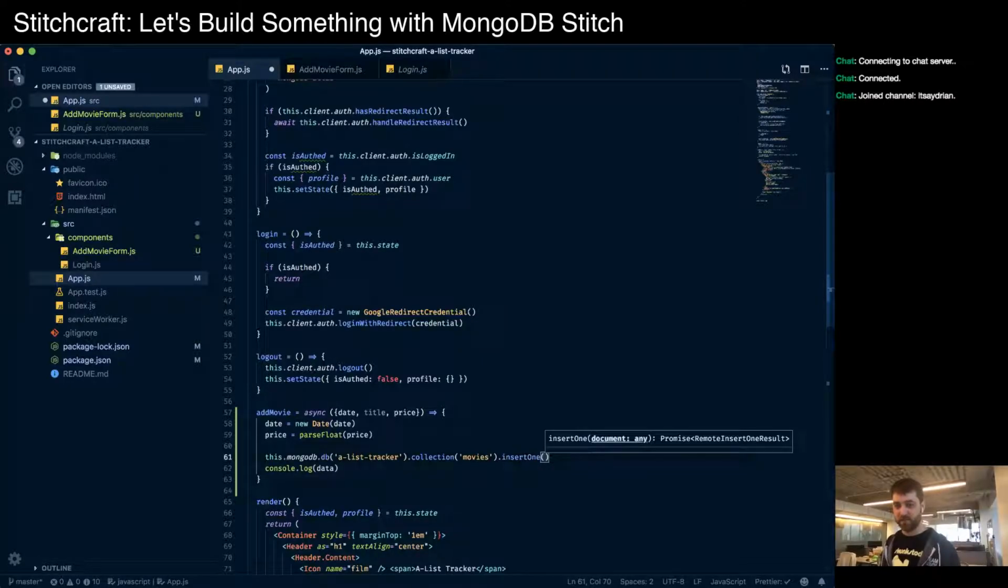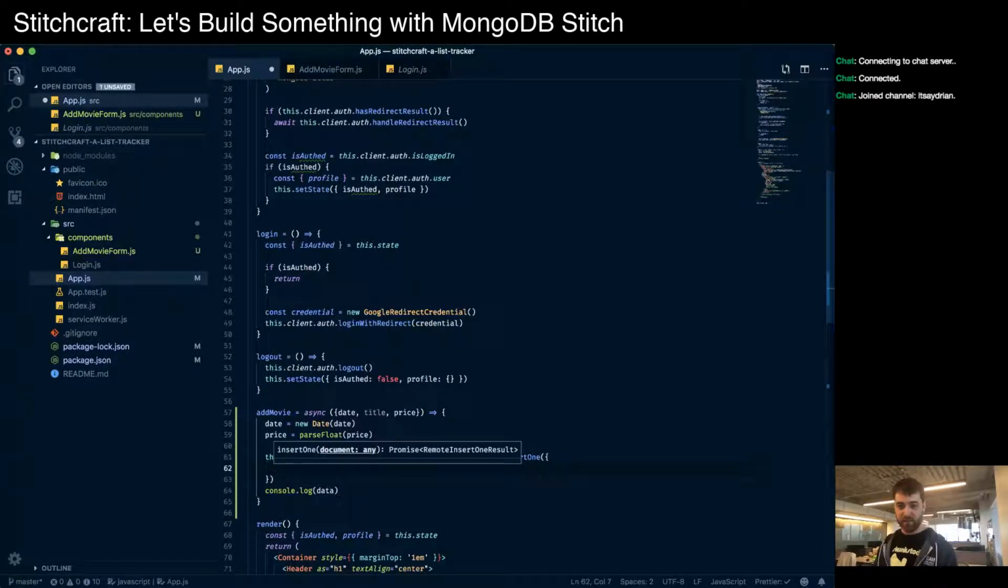So insert one is a function that will insert a document. It will insert only a single document. There's also insert many if you were doing something where you were inserting many at a time, but we're just going to focus on this one. And so we need to pass it a document. And in that document, we are going to have all the information that we just passed in. So we're going to have date, title,